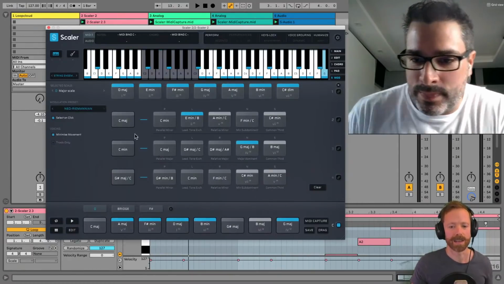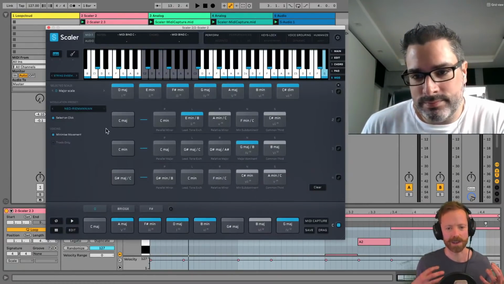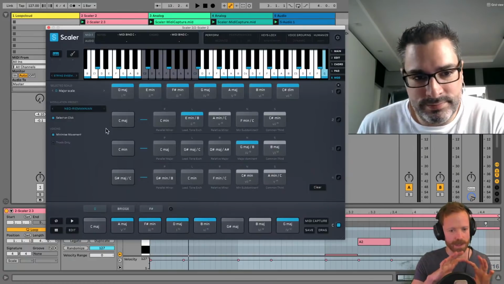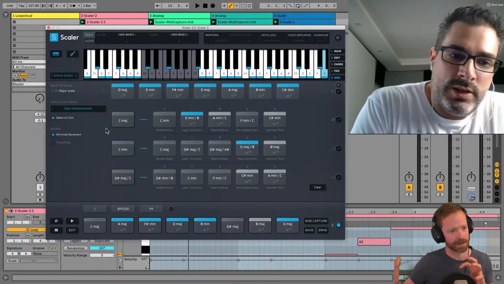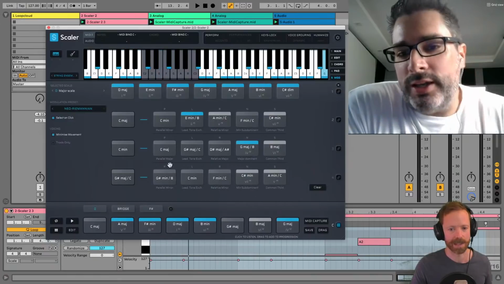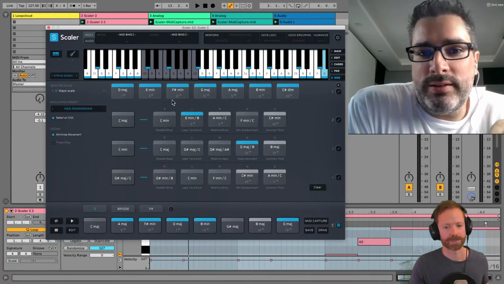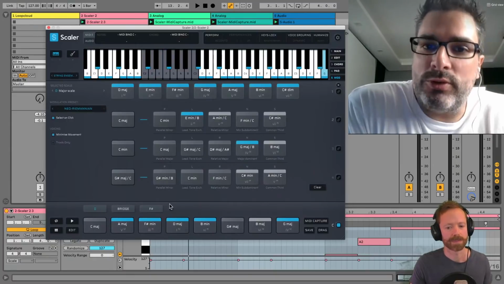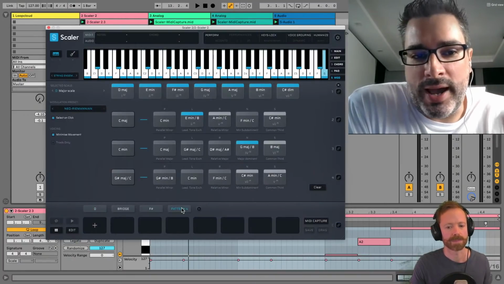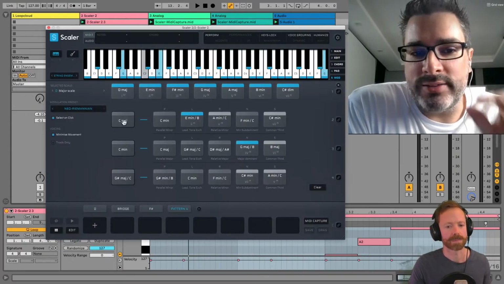Really nice. Yeah, it's incredible, isn't it? And so this is based on the idea that you keep the notes as similar as possible as you shift from one chord to the next. Yeah, you want to keep your finger movement, your virtual finger movement, as minimal as possible.